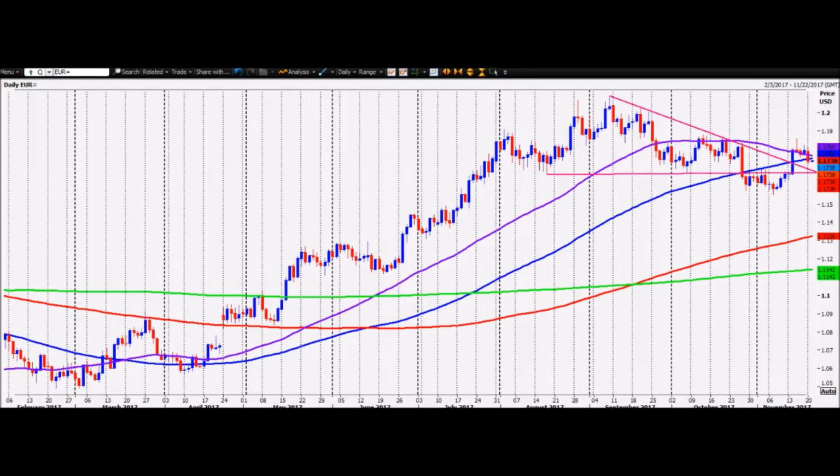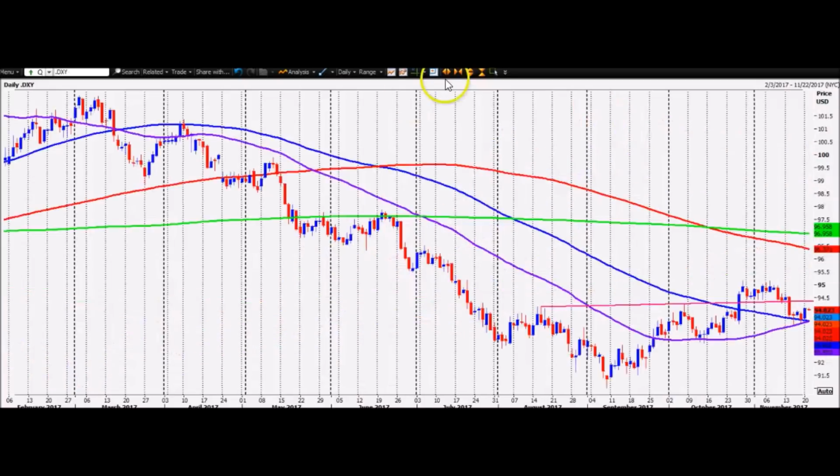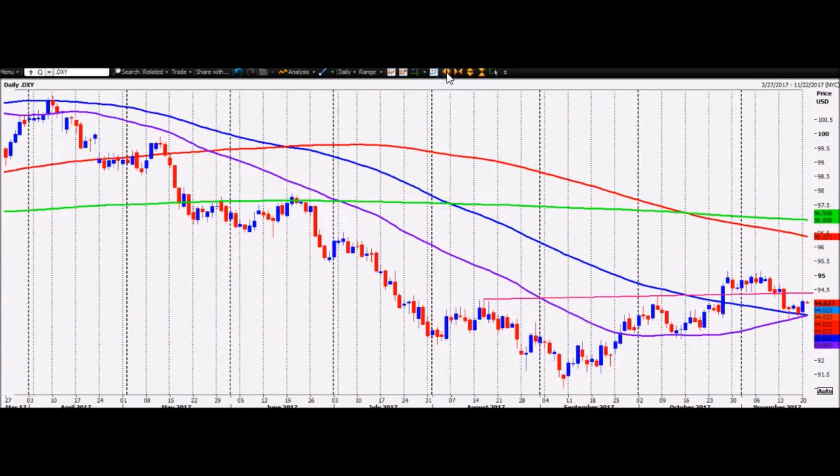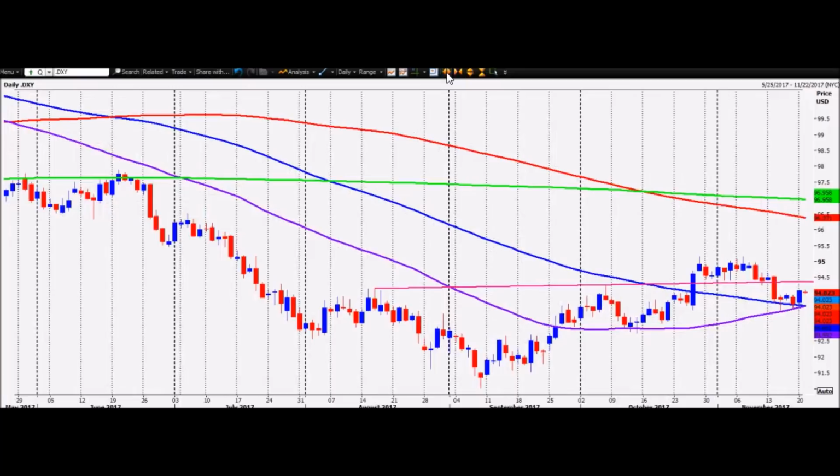Also, the dollar index looks a bit like a mirror image of the pattern we just saw on the Euro US dollar. And again, this pattern failed. Now, this is a little bit more interesting than the Euro US dollar, because although this pattern failed, I do believe a lot of it was to do with the fact that the retail market is out there all buying into the dollar index, and it's just too easy for the big guys to push it down, squeeze them all out, and then let the market take off. And I've got a feeling that's what's going to happen now.